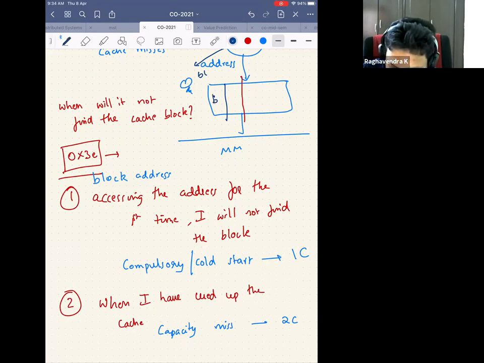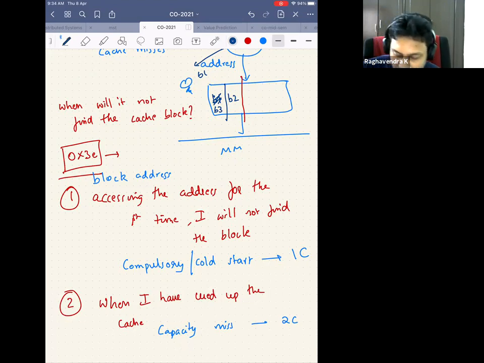I brought it and kept the block in the cache. And somehow that address made sure that I am going to set 0. Then it generated an address for block 2, then I kept it here. Then it generated an address B3. Unfortunately, that also came into set 0. So I removed one of the blocks, maybe I removed B1, and kept B3 here. Now the CPU generated an address B1.